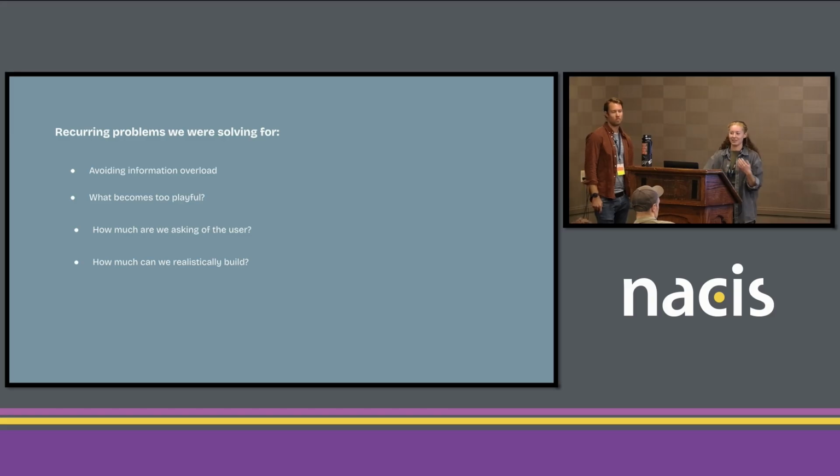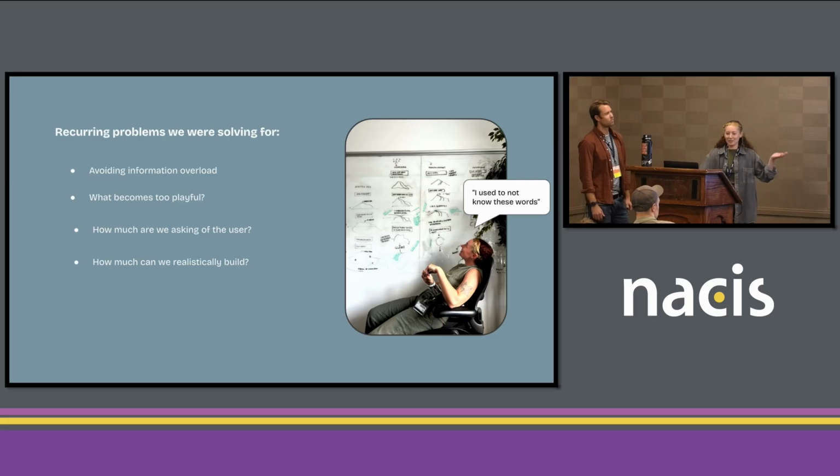As Soren mentioned, the team of the people who built it was us two and then a primary engineer. And then we had a design help and a text editor, but that was the whole team. So we were working on kind of a tight amount of time. And then it was just hard. We had a lot of drawing on boards. I didn't know a lot of these words before we went into this project.